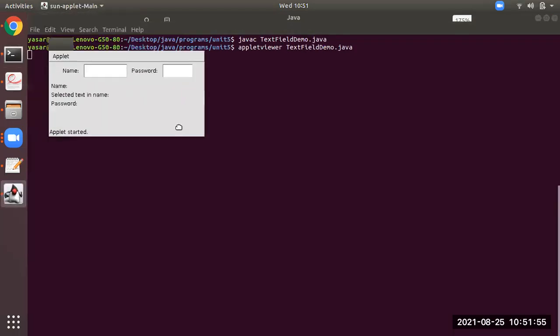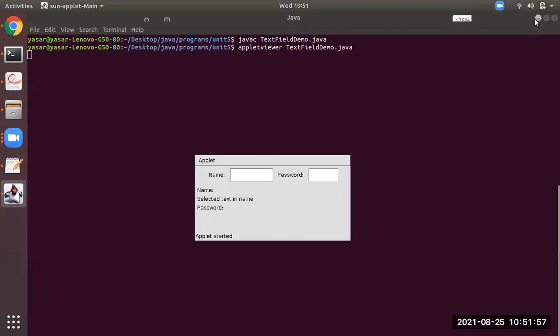See here, this is a simple text field. Okay, you just enter here Deccan College and plus whatever the password you want. Enter. So what I give the name as Deccan College, it is showing you. Here I again press Deccan, so it is showing you the password for you.